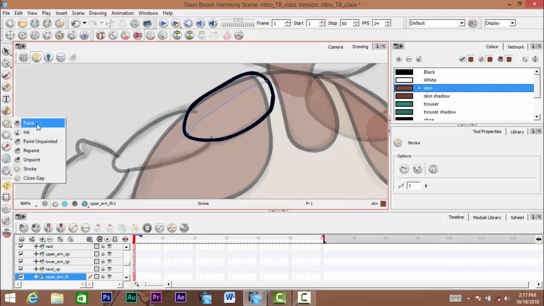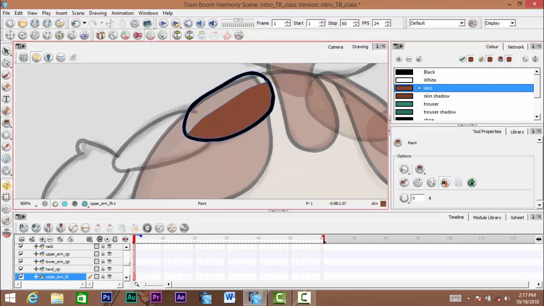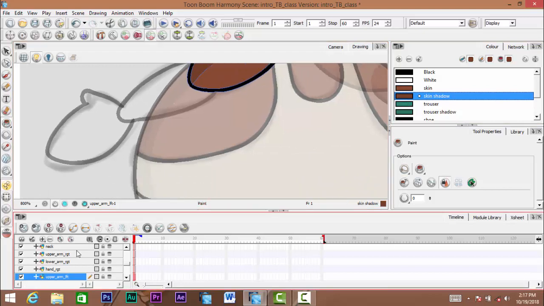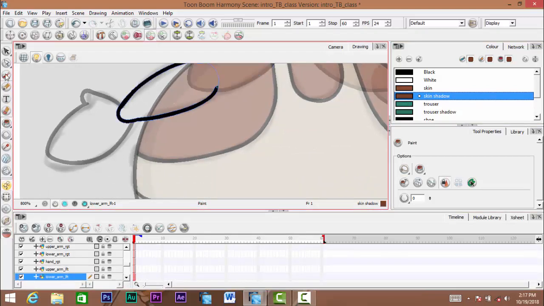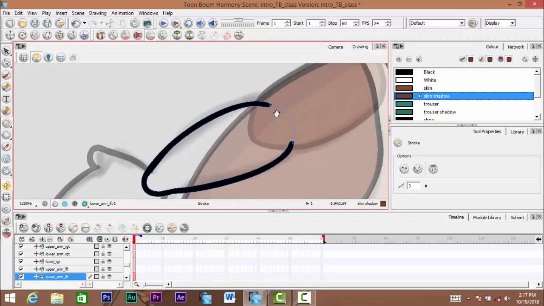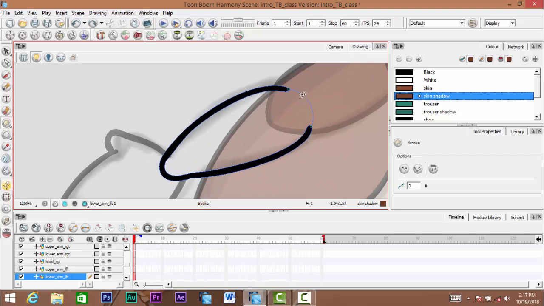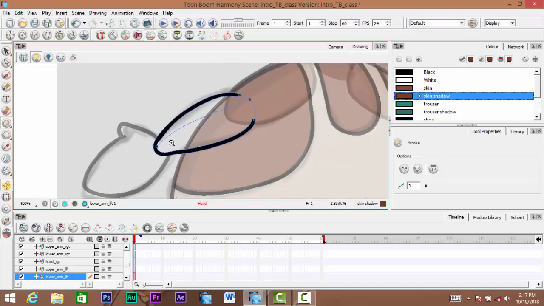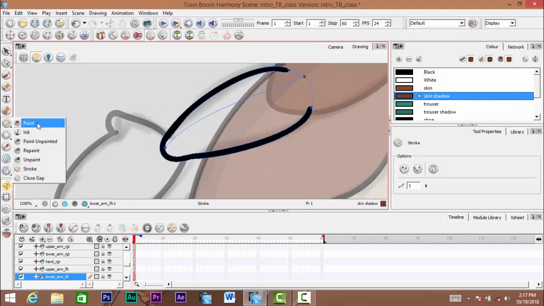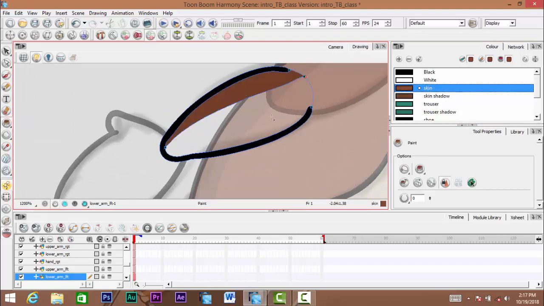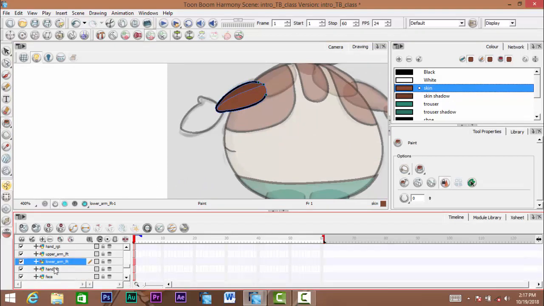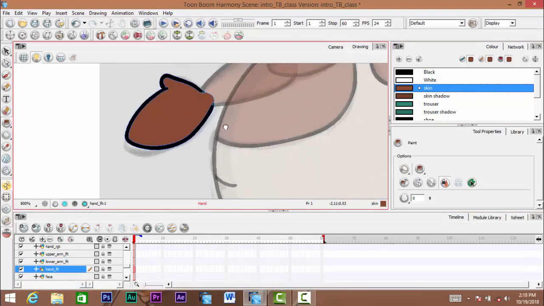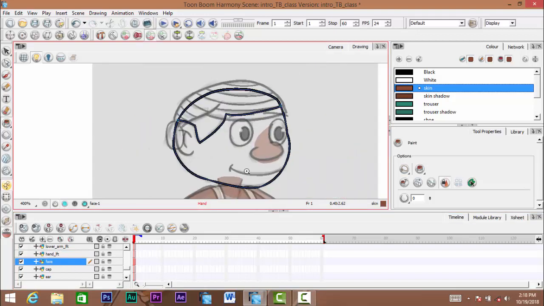So we can go back to our paint, the skin color and the skin shadow here, come down to lower arm left, do the same thing, stroke, and try and match it up here, just the upper arm, not considering the torso. Try and match it up that way. Then you go to your paint again and paint the skin shadow and the skin, then come to your hand and paint in the hand color, then continue going down, go to the face,